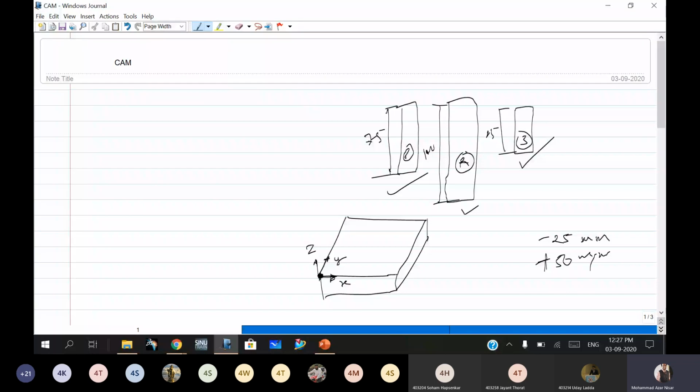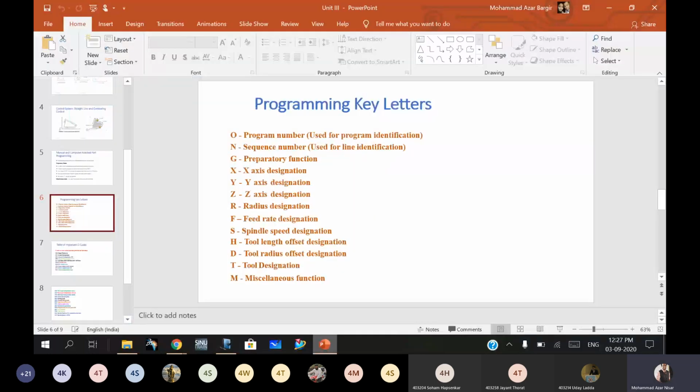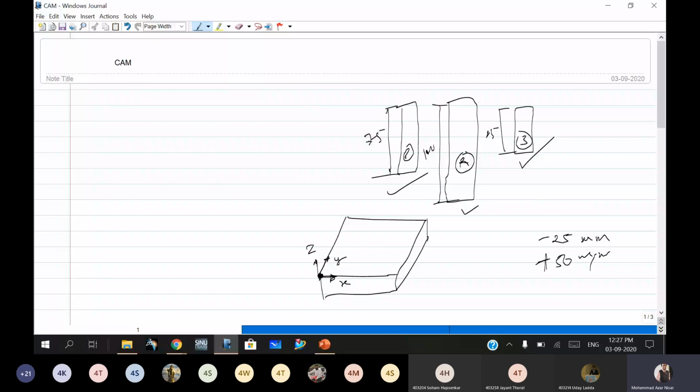Then the second one, this D, is used for tool radius compensation. Suppose the first number tool is of diameter 10, then the second one is diameter 20, and this is of diameter 30.